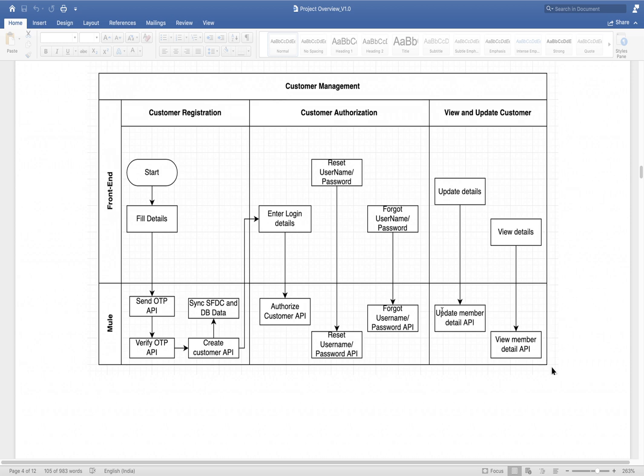Okay, so this is not one API. Wherever I am mentioning one API, that is three APIs. One will be the experience API, another will be the process API, and the next will be the system API. So everywhere it is 3, 3, 3, 3, 3. Five 3s are 15, and then this 3 will again be 3 APIs, 15 plus 9, and this one will be 2 APIs. In this way we have almost between 25 to 30 APIs, I don't know the exact figure.